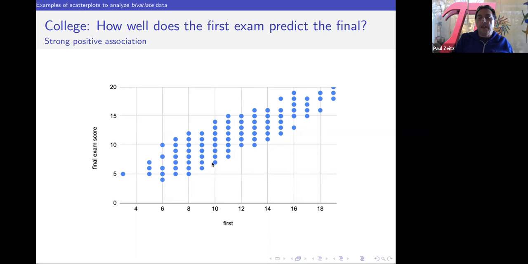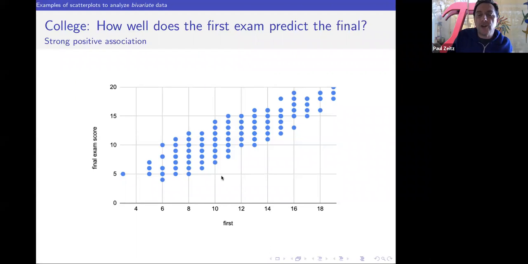So even though there's a fair amount of spread in the middle, as you get out over here and over there, the outcomes are fairly small, and it's plausible that a lazy college professor could just say, okay, given that you got a score of 14 on the midterm, I'm just going to assign you a final grade based on you getting a score of what looks like about 14 on the final. It almost looks like whatever your score is on the first midterm, it's going to translate into the same score on the final. So this is an example of a very strong positive association between two variables.